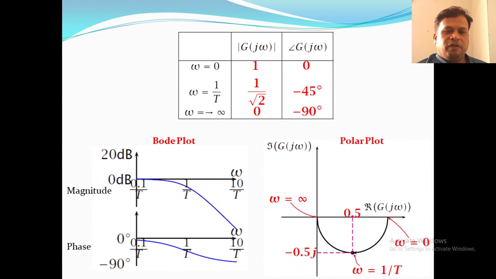So we are starting from the real axis here. So the values are real for omega equal to 0, and the values are imaginary for omega equal to 1 by T, and the values are real again as we end at infinity here. So it is coming in the real and imaginary parts. The polar plot is drawn in the real imaginary plane, starting from 0 and going through omega equal to 1 by T and ending at infinity.